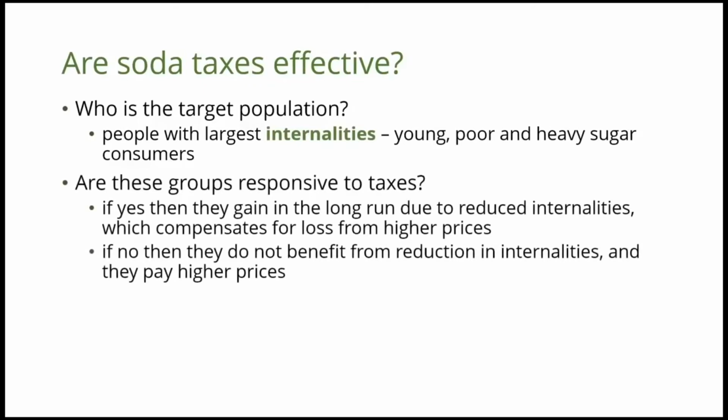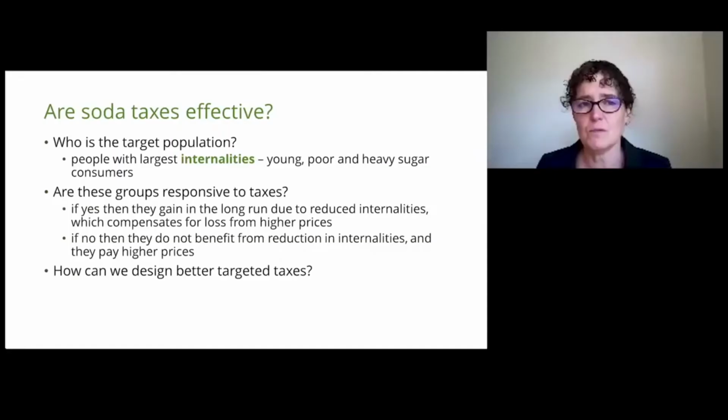But in order to understand whether these policies have been effective, we need to know whether they've led to reductions in consumption in those individuals who generate the largest internalities. So who is that target population? Unfortunately, we don't have very good estimates of internalities. For whom are the consequences of excess consumption when they're young the largest? And what of those consequences are being taken account of at the time the consumption decision is taken? Those are very difficult things to know the answer to. There are some estimates, but we don't have widespread estimates.